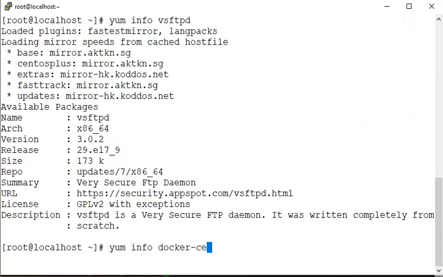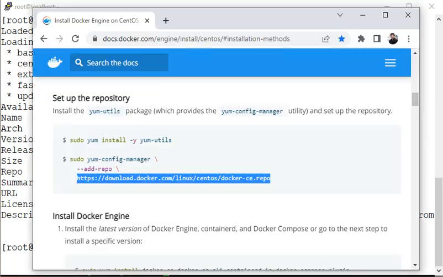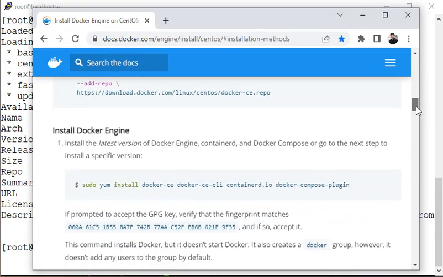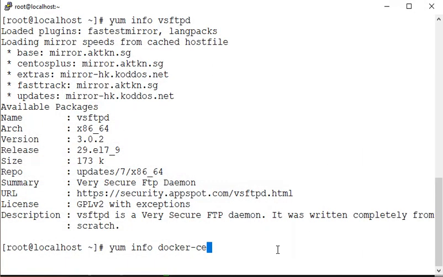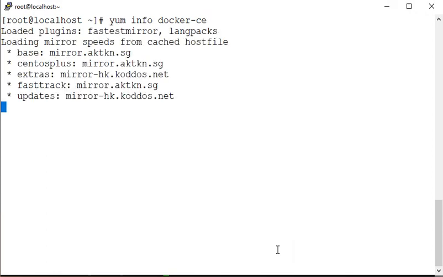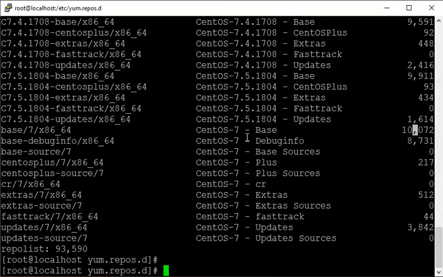Let me see, in the installation path, docker-ce. So if I ask it to check for this package, probably we are not going to have any result. Yes, because all the repositories have no knowledge of this package. So I can